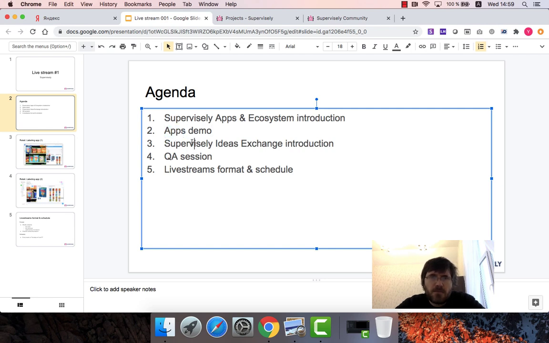Next, I will introduce Supervisely Ideas Exchange. Ideas Exchange is extremely important for us, and we hope that the community will help us and suggest different app ideas. So the common scenario is when, say, someone uses Supervisely and understands that there are missing features, and there is a great chance that these missing features will be covered by apps